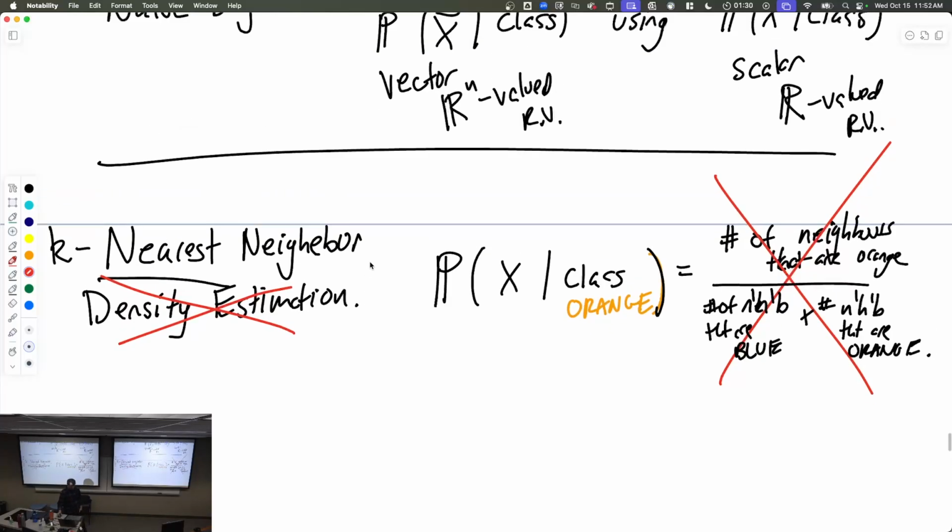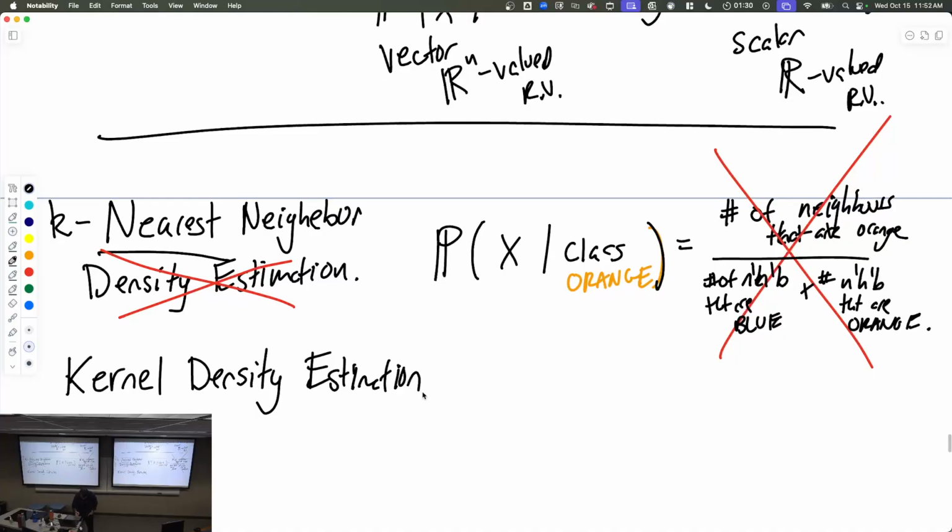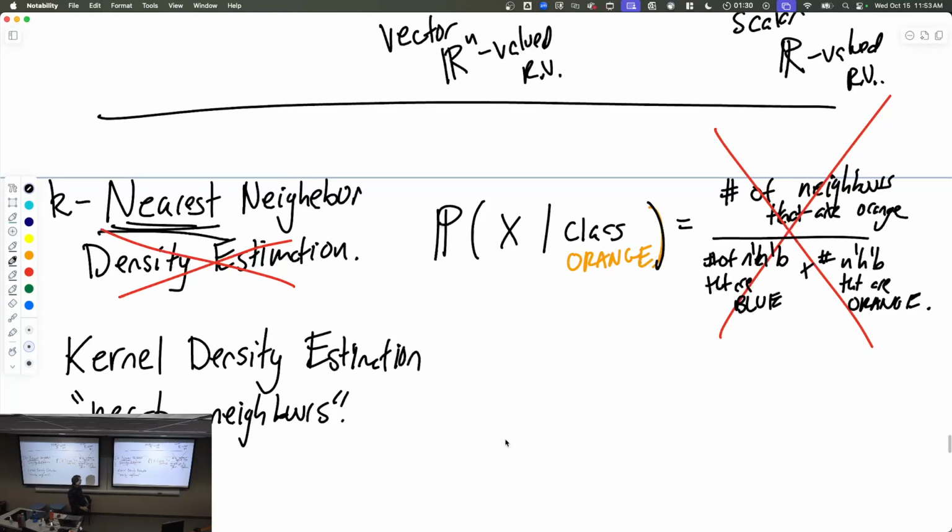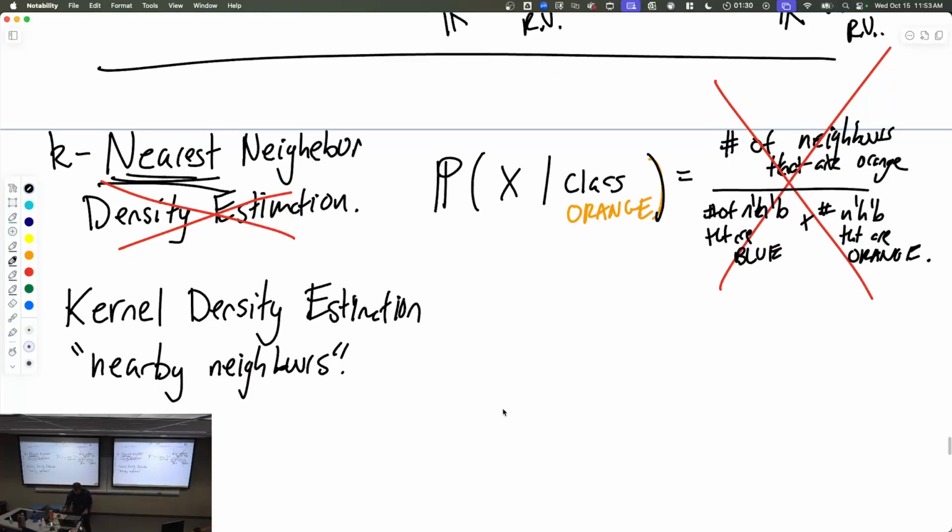But you can do something extremely similar, which goes by the name kernel density estimation. I would say this is very much like our nearby neighbors. They're not the nearest, they're nearby neighbors. And this is very much like what we did in the first few weeks of class, where instead of looking at the three closest, we look at everybody and we just weight by how far they are. Okay? So the idea is the probability of x given the class is orange